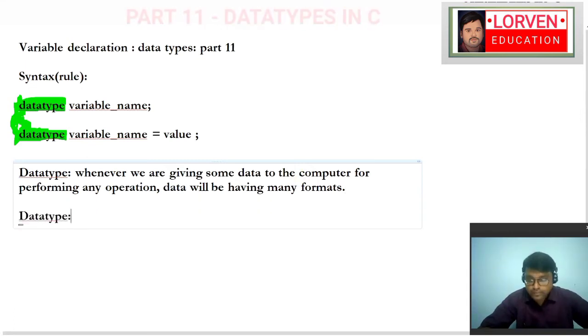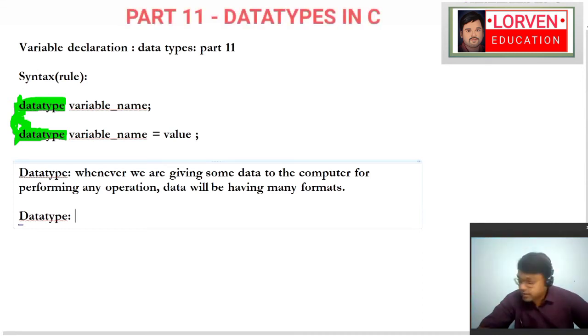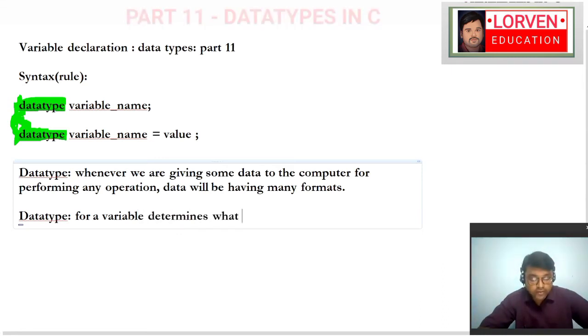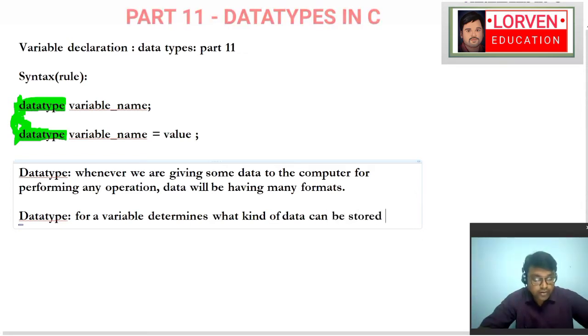Data type for a variable determines what kind of data can be stored in the name of a variable.